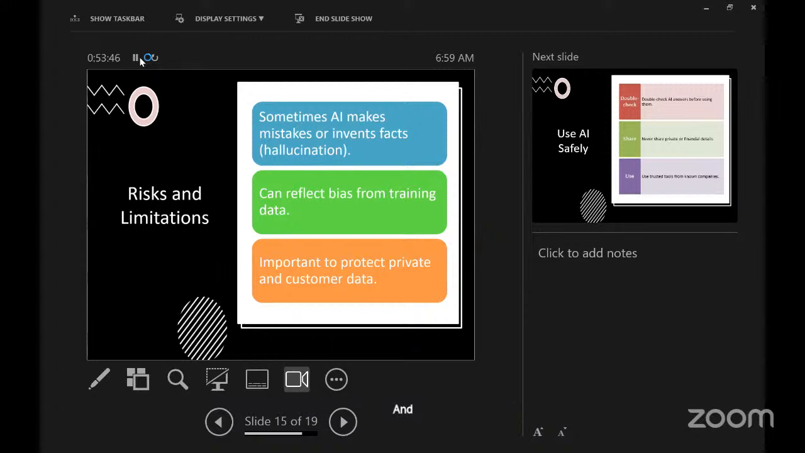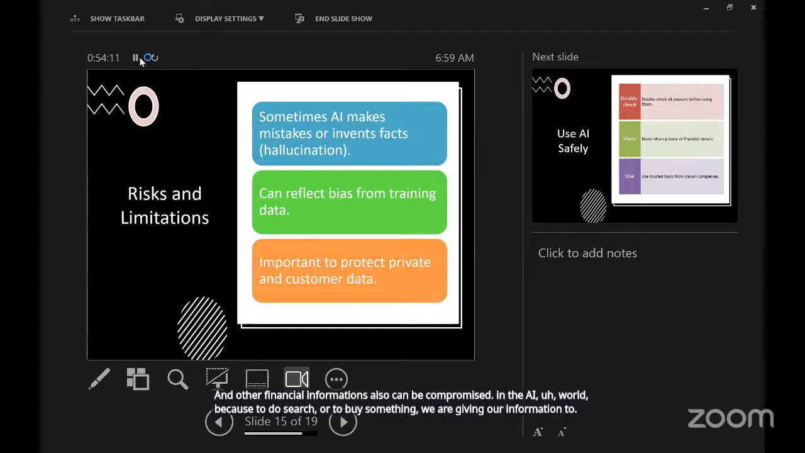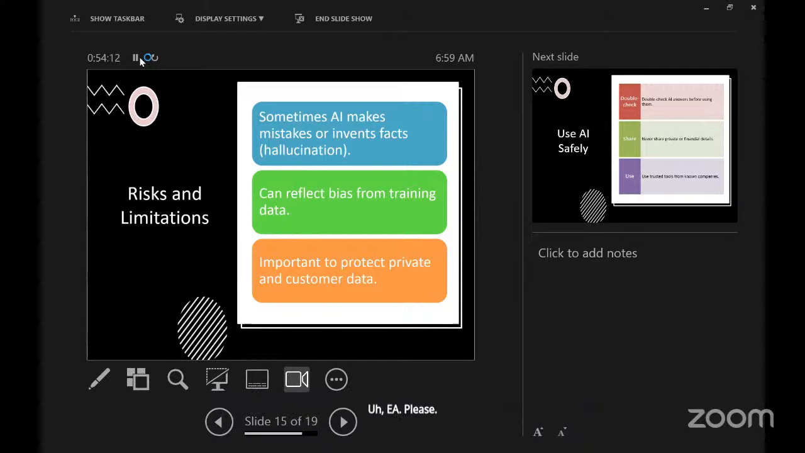And the other important information is that our banking, our credit card information, and other financial information also can be compromised in the AI world. Because to do a search or to buy something, we are giving our information to AI. In every aspect, as long as whenever we started using our smartphones, our privacy has been compromised. But